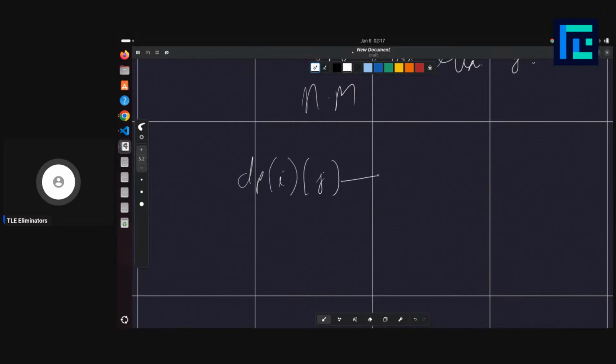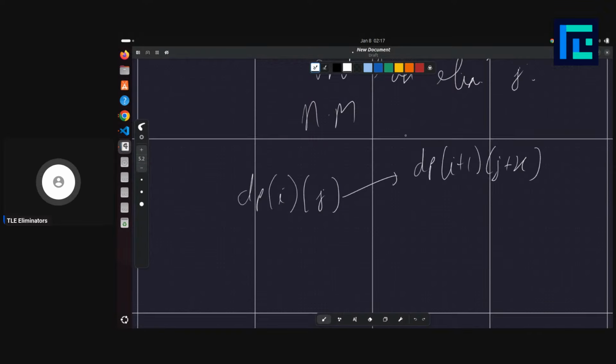So you can transition from dp[i][j] to dp[i+1][j+x], where x is a divisor of j, right? So you can iterate over all divisors of j and transition like this. Okay,